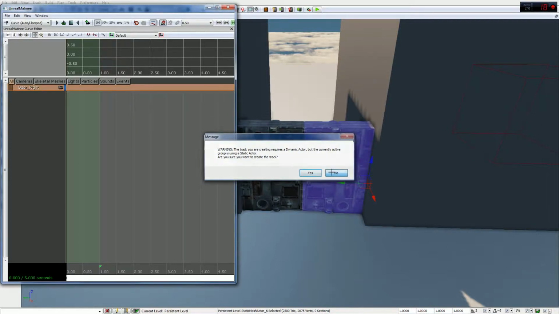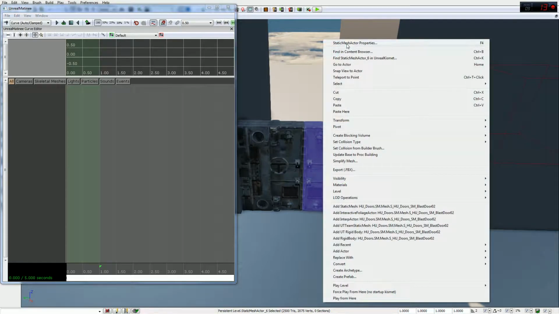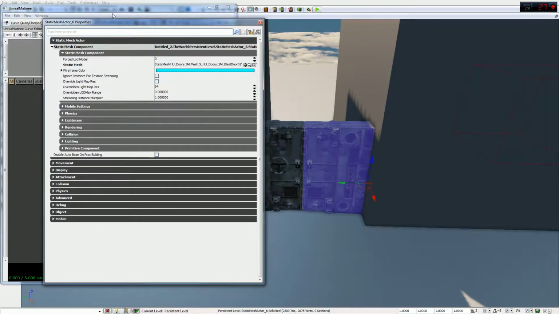Now, I'm going to click no, and I'm going to delete this. Essentially, what has happened, if I go to here and we have the properties, we have a static mesh. And a static mesh is just that. It's static, meaning it can't really move. It can, but it doesn't really like to because it's called a static mesh. It's like asking a turtle to run 100 miles an hour. It's not really possible. So we have to convert the turtle to a cheetah in this case,